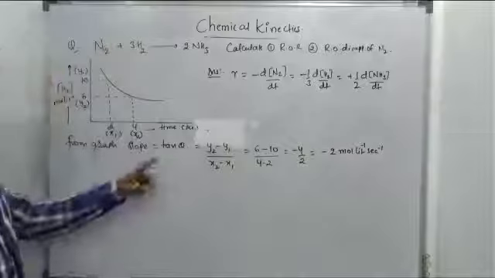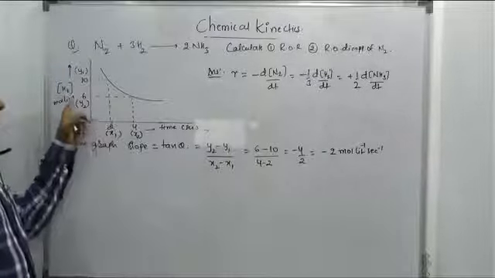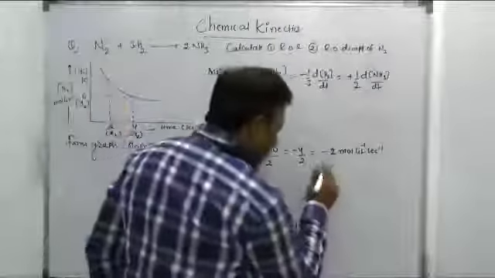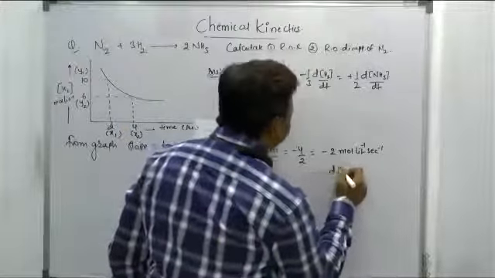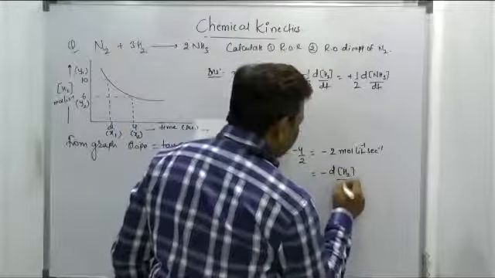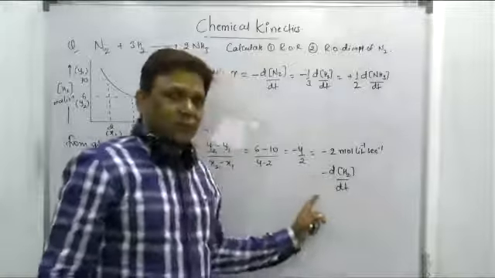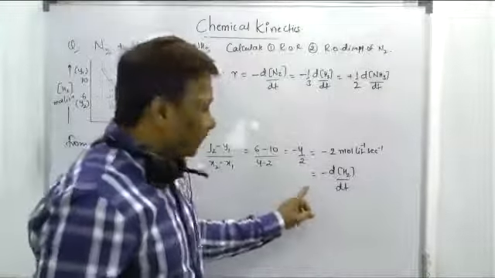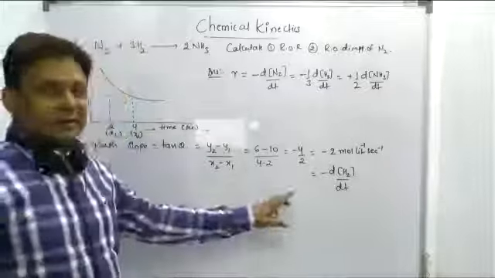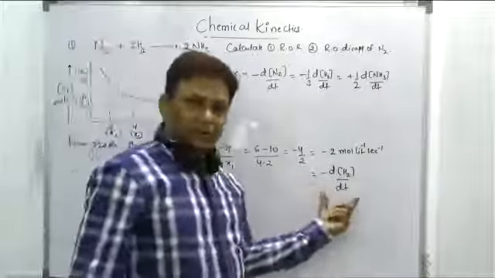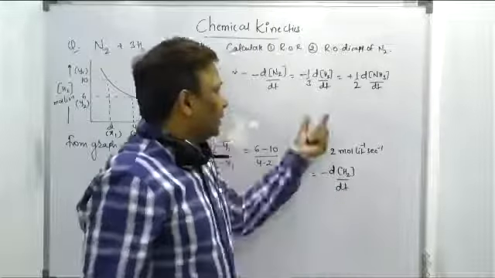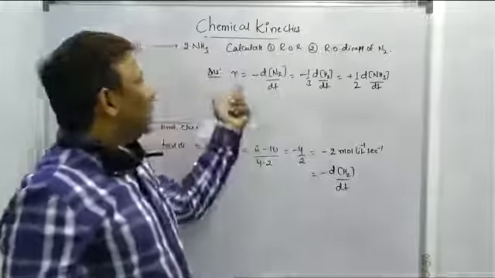But tan theta is nothing but the slope, and the slope is for the concentration of H2. Can we say this is the value of minus of d concentration of H2 by dt? It means it is the rate of disappearance of H2, which we are able to calculate only from the graphical method. But once we got the minus of d concentration of H2 by dt, you have to substitute this value here and get the ROR. How?